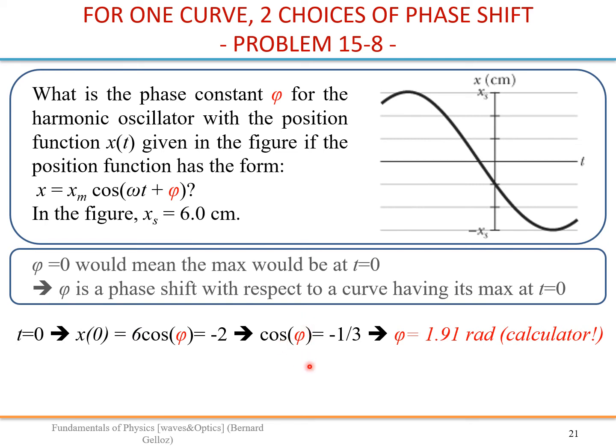So now is coming the problem that you have to be very careful about. So you have cosine phi equals -1/3. So what? Of course you use your calculator, your best friend, and your calculator will give you 1.91 radian, and you are happy, and you write this answer, and you move on. But in fact, you have to be very careful, because if you remember your mathematics lectures, I will draw here the unit circle.